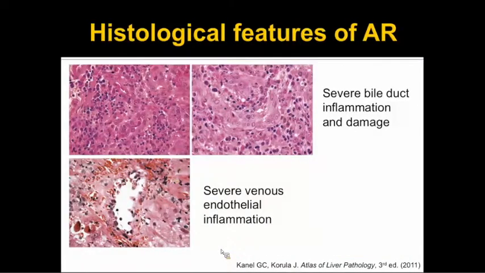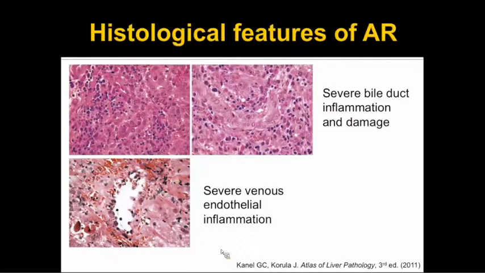I wanted to also show you some more severe examples of these injuries. The top photos here show very severe bile duct inflammation and damage, where, unlike the picture on the previous slide, these bile ducts are almost unrecognizable by a non-pathologist like myself because of how inflamed and damaged they are. And on the bottom slide, you can see such severe endotheliitis that, in addition to seeing all this invasion of the vein, you have dropout of hepatocytes near the central vein as well.